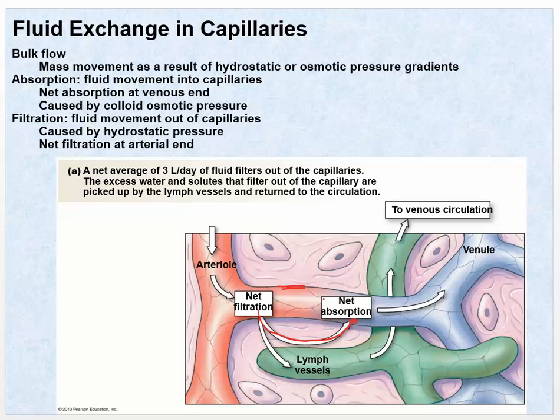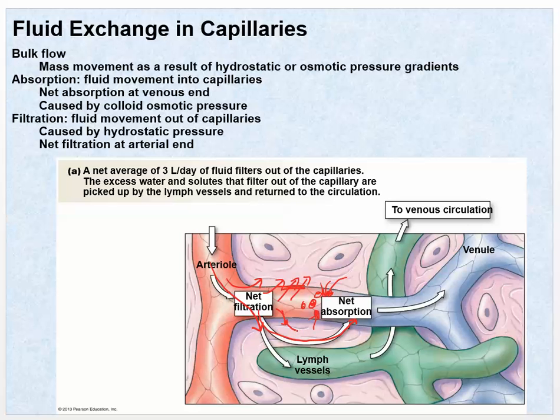Now, most of that fluid that moves out will move right back in. There's something called colloidal pressure, where there are a lot of particles and blood cells in here that are pulling the water back in through osmosis, but you have blood pressure pushing it out over here. So you've got those two things working together. Remember osmosis? Anytime you have more particles, that's going to draw the water in. So between colloidal pressure pulling it in and blood pressure pushing it out, which we would call hydrostatic pressure,